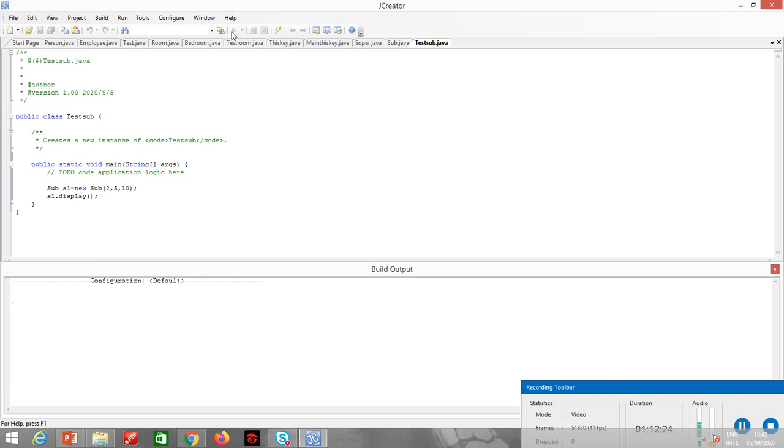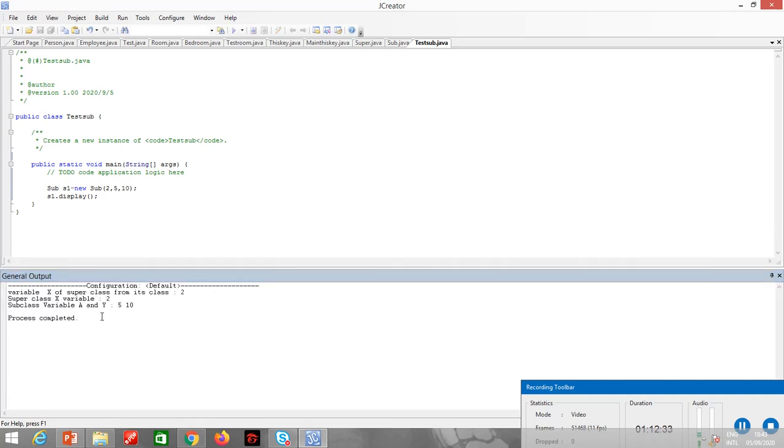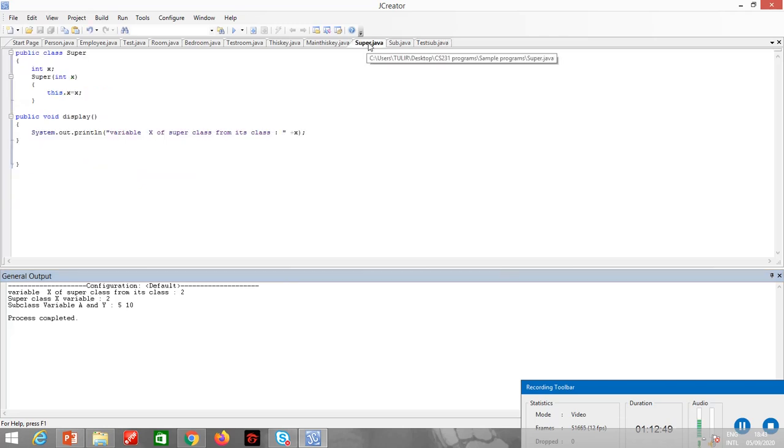It will call the superclass display method as well as the subclass display method. So it is calling x from superclass equal to value 2, then the superclass variable is printed again, and then the subclass variable.